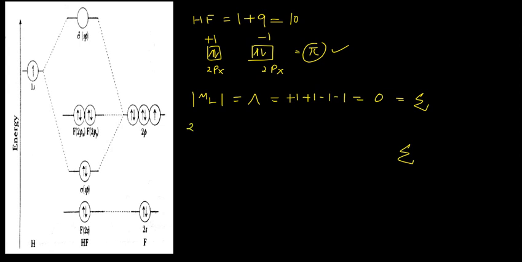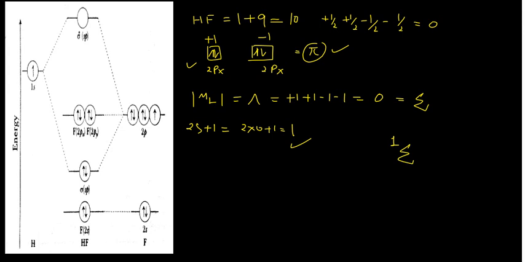Now you have to calculate 2S plus 1. All electrons are paired. That means if you want to know their spin, +½, then again +½, -½ and again -½, that will give you 0. So this will give you 2 into 0 plus 1 equals 1. So spin multiplicity is 1. There is no problem in that.